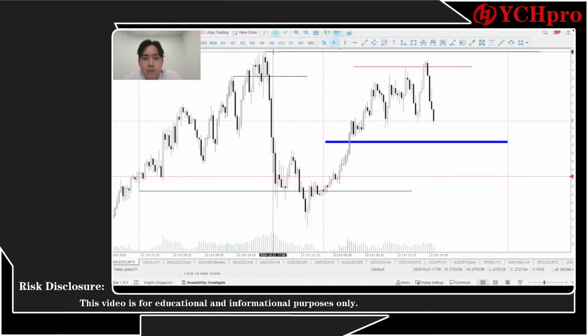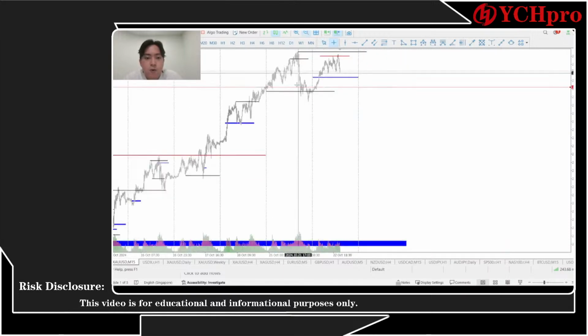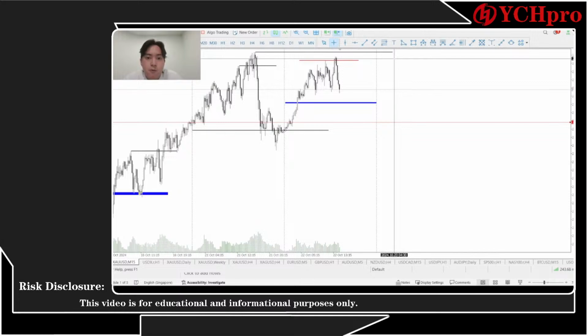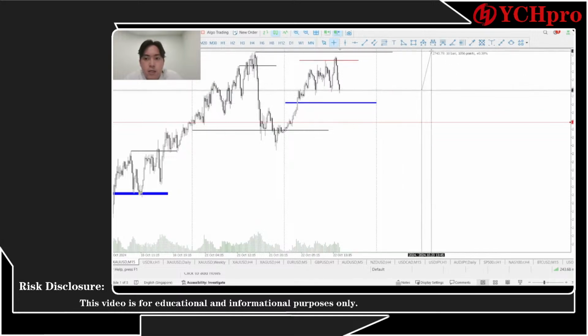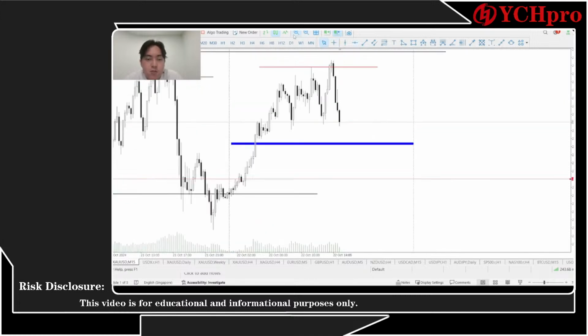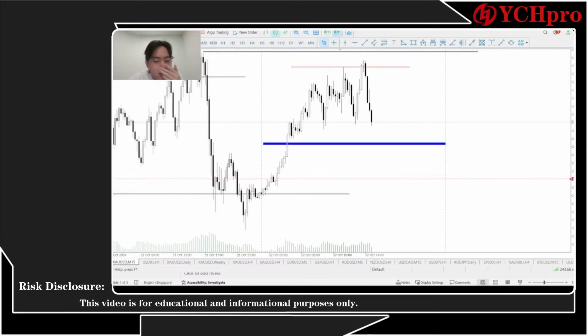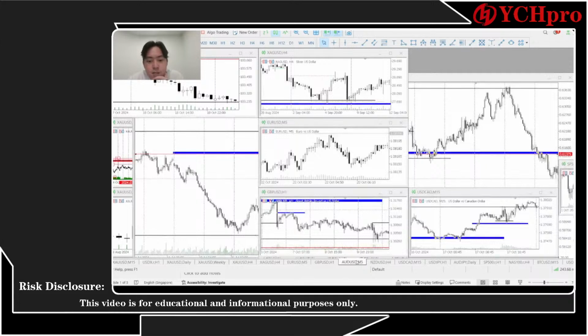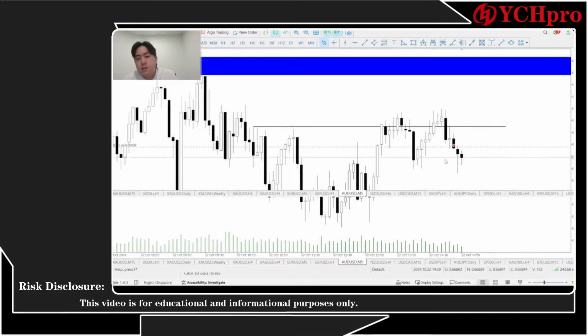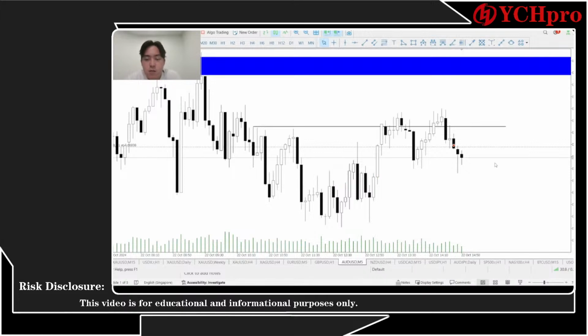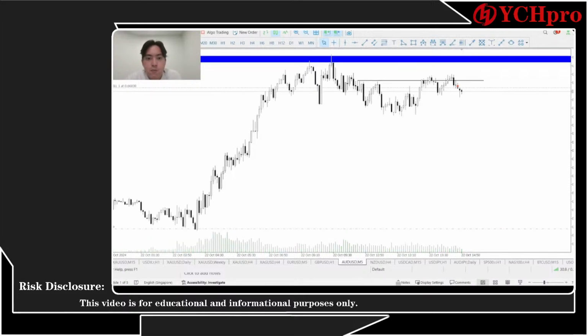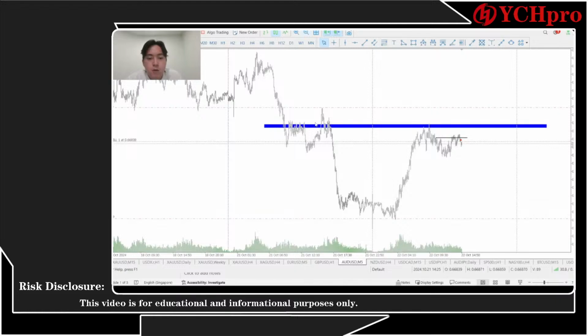We can aim from this high, because this is a 4 hour market maker buy model. So once the price has been reflecting on it, we can try to do long, and I think we can get about 100 pips and so on. But let's see how it happens. AUD might be taking some time. This actually might take some time because the price is eventually going sideways. But if you want to be much safer, I think we can just put it here.